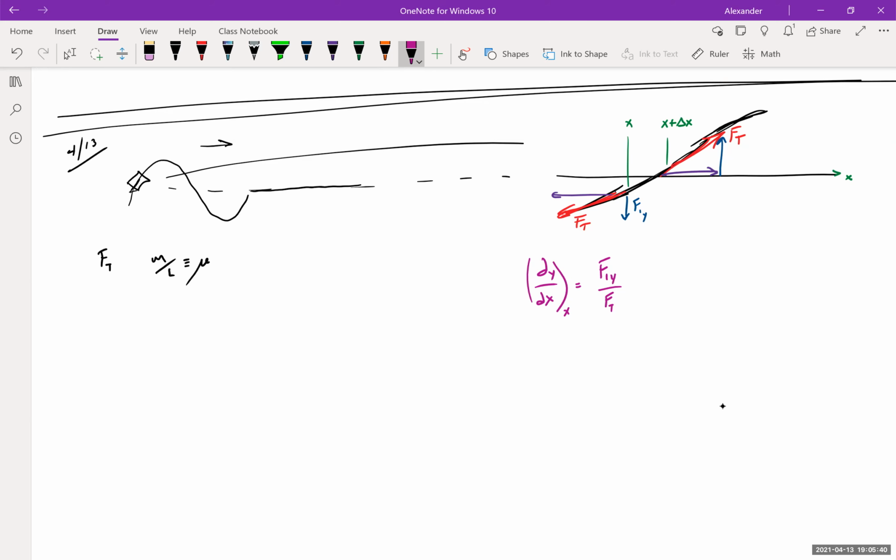We have this string subject to a horizontal tension, not one that depends on the, I don't think these two magnitudes are the same. These two red vectors, I think I have to mark them different. What is true, what is the same from x to delta x is the horizontal tension. Otherwise, we wouldn't be talking about sinusoidal motion in the first place. It has to be the case that the farther displaced we are from equilibrium, the more the spring medium tries to pull us back. That's the whole point of a restoring force in oscillation. It has to be the case that the farther away we are, the larger the vertical force, the larger the force at all. So I think I got to label this FT1 and FT2, but what we can keep the same,